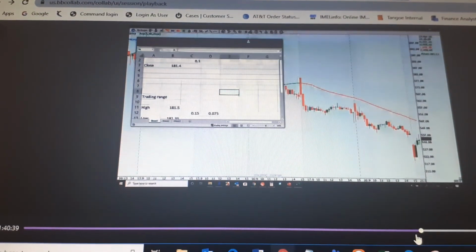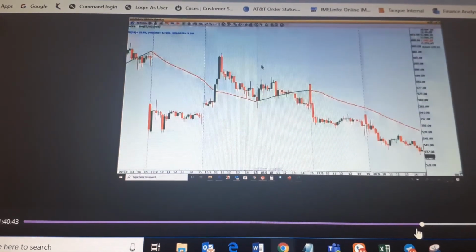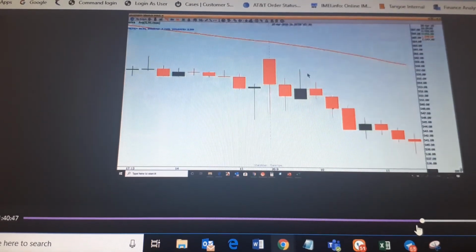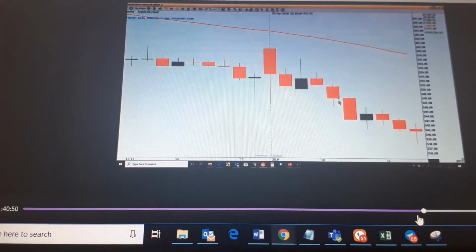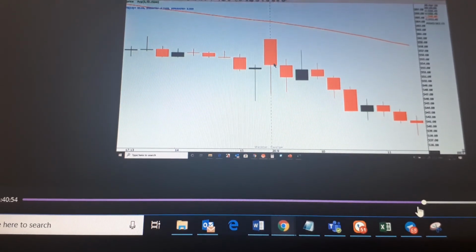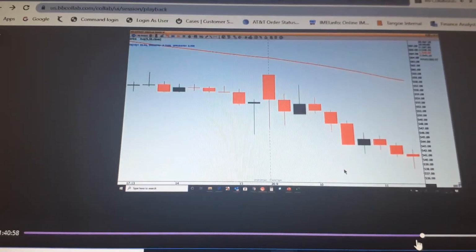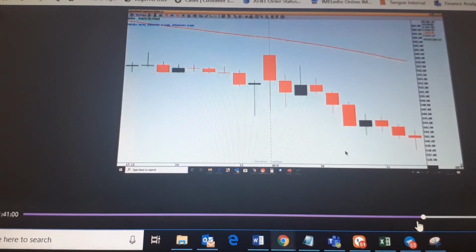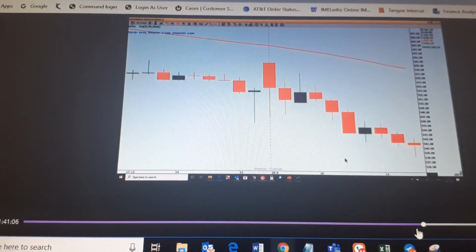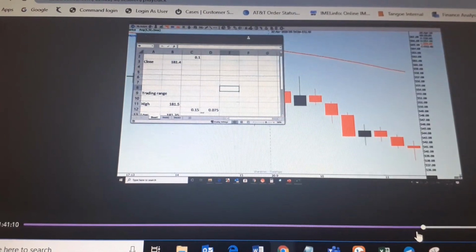Okay, so let me calculate this. If you exactly go by the definition, but you don't need to open the chart, Raminder. If you exactly go by the definition that when body is less than or equal to 50% of the range, then it's a base candle. So let's calculate for this.